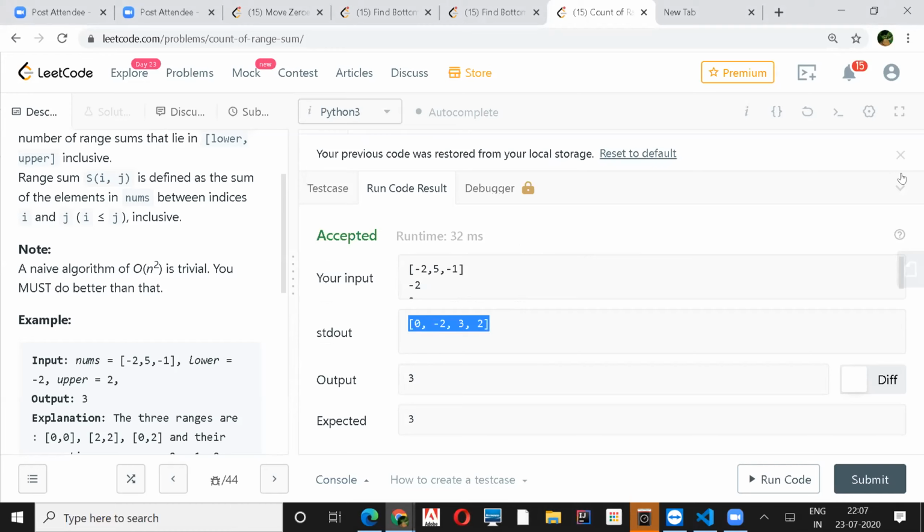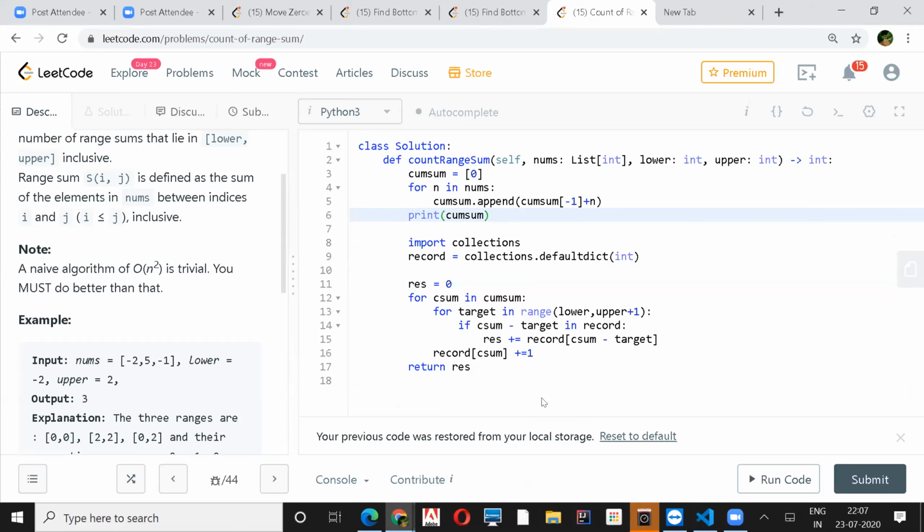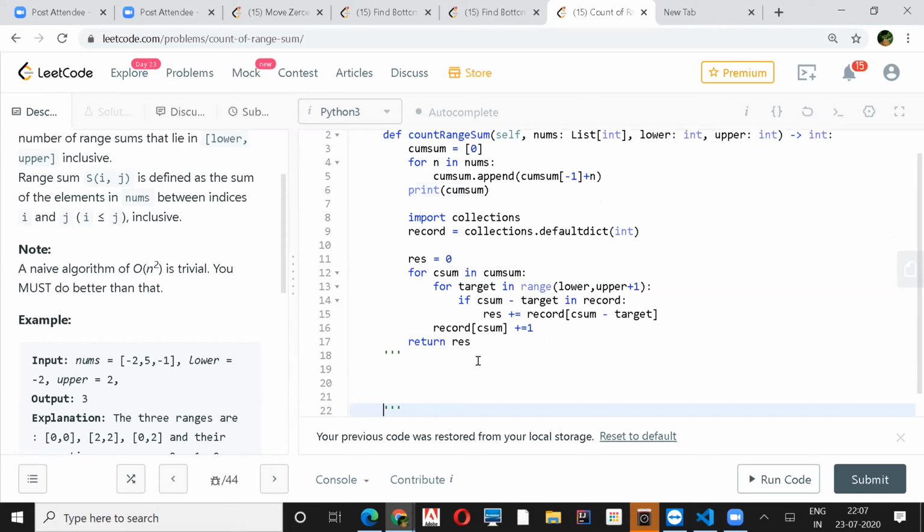Can you show me the code again? Oh, sure. Okay, let me copy this one and put it here. So I'm saying that your line 12 is n times, and then you are traversing between lower to upper range, which can be anything. So suppose it won't be more than n.